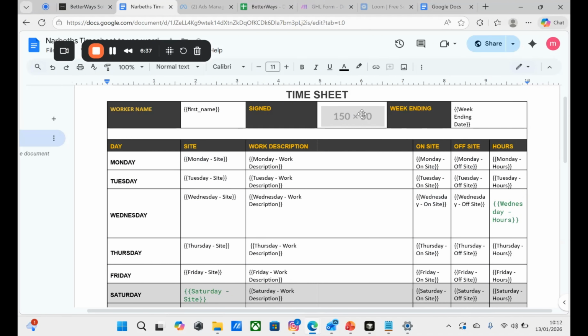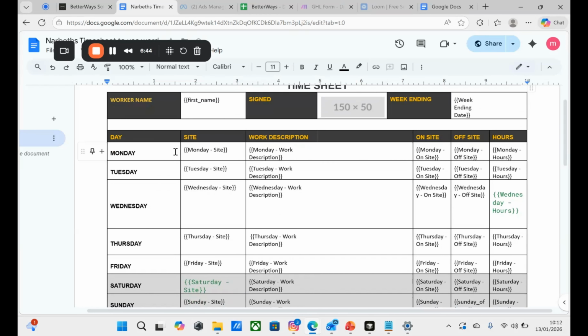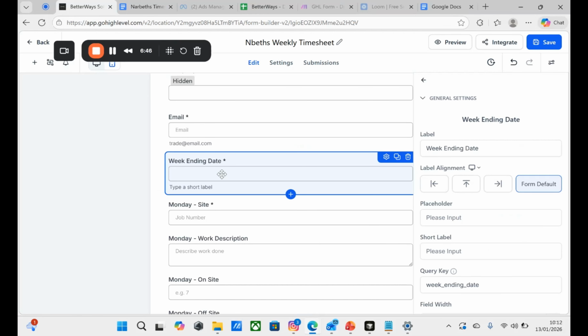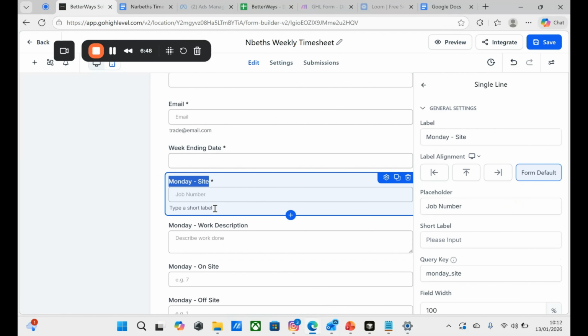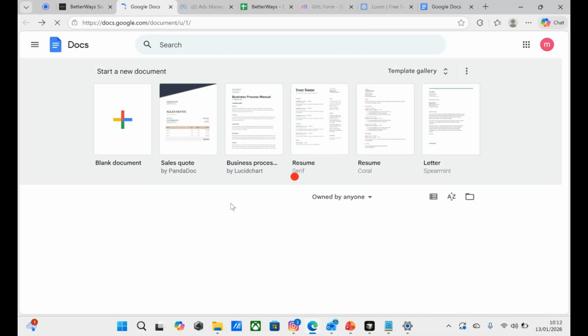I need to delete that because I was building out an e-signature platform. But I'll go over that in another video. Monday, site, and then that's that there. Once you fill out your number, that automatically populates there. And to show you an example of what it would look like,